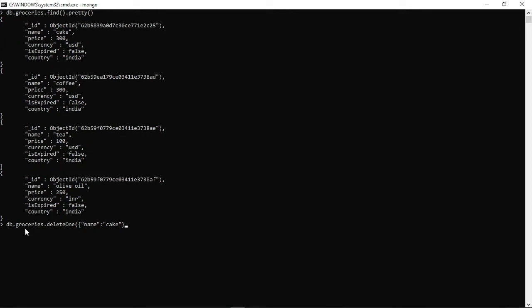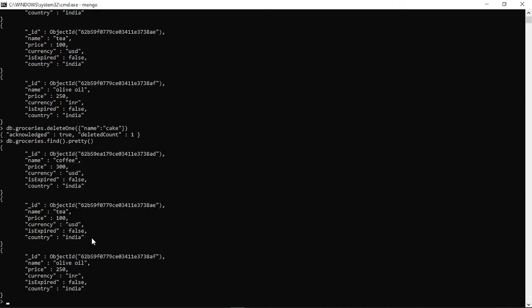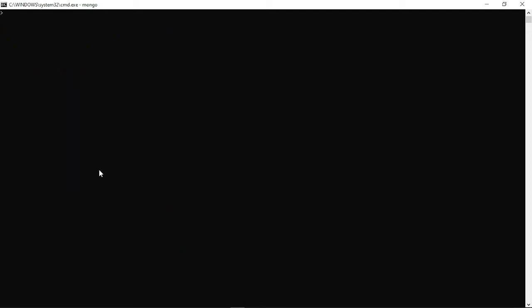So this is the command, and if you execute this, you can see that it is executed successfully and it deleted one document. If I execute the find command again, you can see now there are only 3 documents available and the cake is deleted. So this is how we execute a deleteOne command. Similarly, we can also use deleteMany